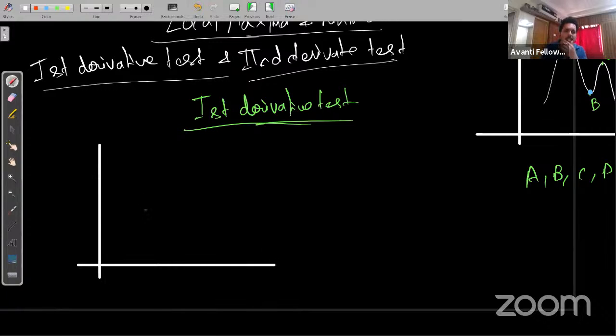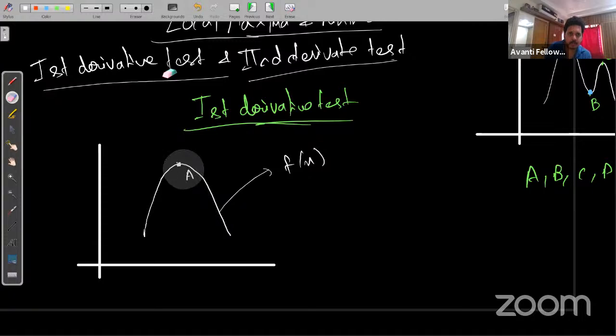If I'm taking some curve like this, what is this point here? You already know point A is the global maxima, but what could be the condition? This is the graph of some function f of x, guys. So can anyone tell me